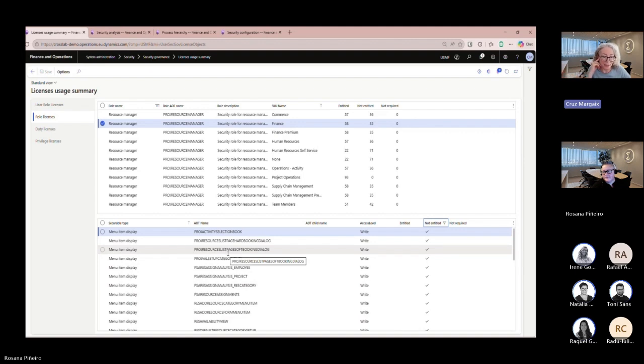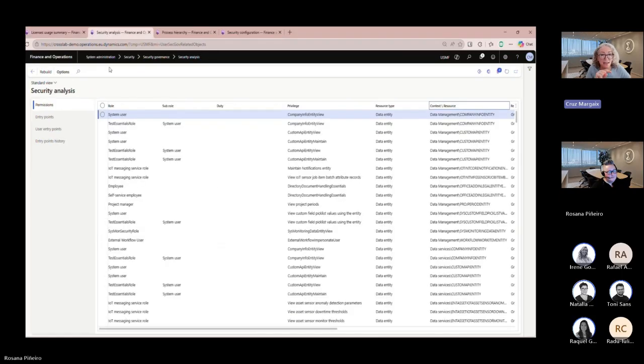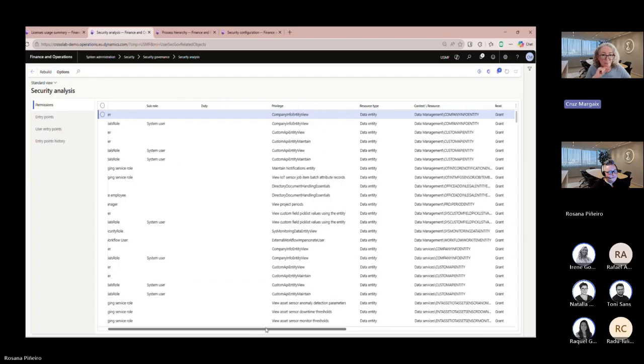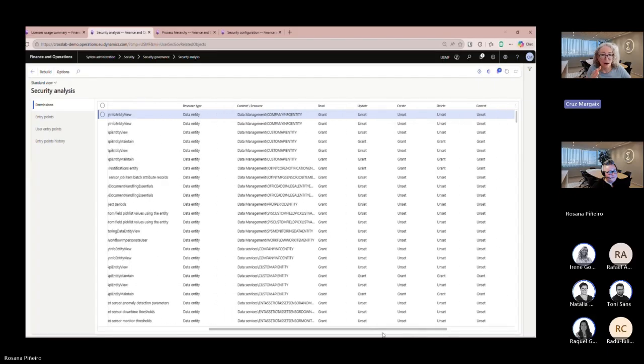And then what we can do is check this list and check which security objects are actually giving access to this object.